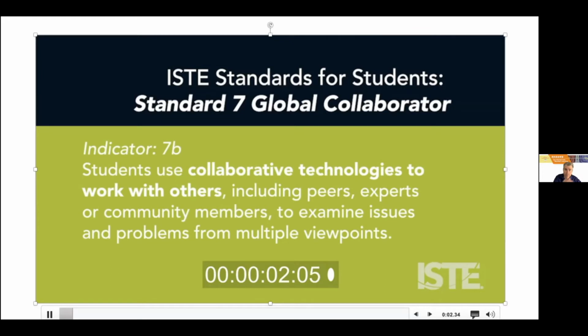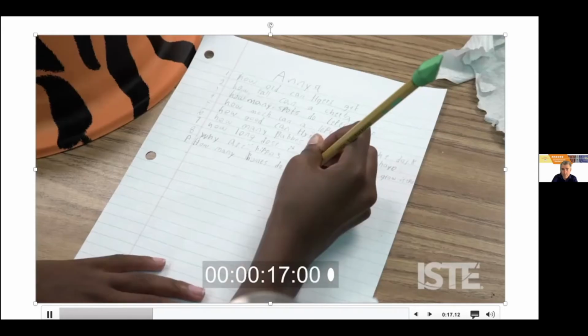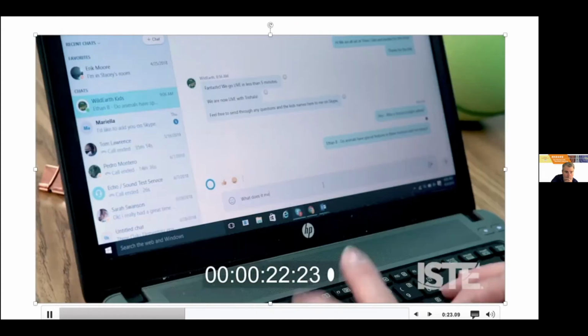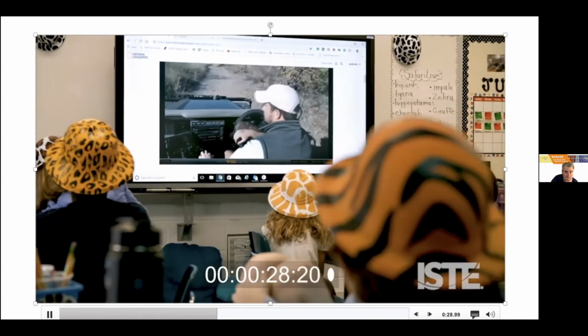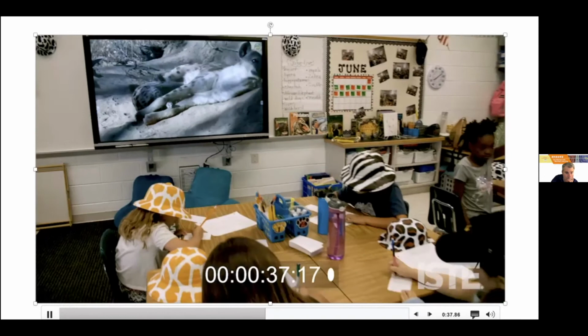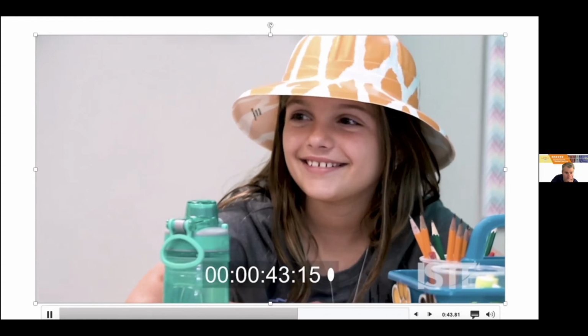Students are using collaborative technology to work with others, including peers, experts, or community members, to examine issues and problems from multiple viewpoints. We are taking the children through the use of technology, with the help of our ITS in our school, to Africa. We were working with 2 other schools, and they asked questions about animals that they are seeing on the back of a safari truck. And they're interacting. The naturalist will actually turn and address the children by name, and they see their question up there. What's another question that you might ask about a leopard? That's the big wow factor with this. Their research comes to life to them when they see their question, and then they get the validation and the reinforcement of what they've actually spent the time doing.